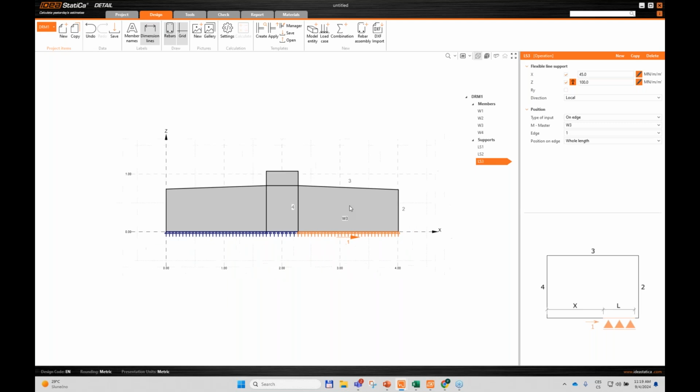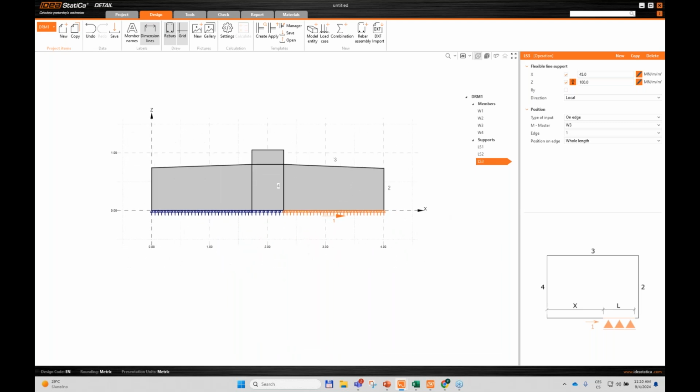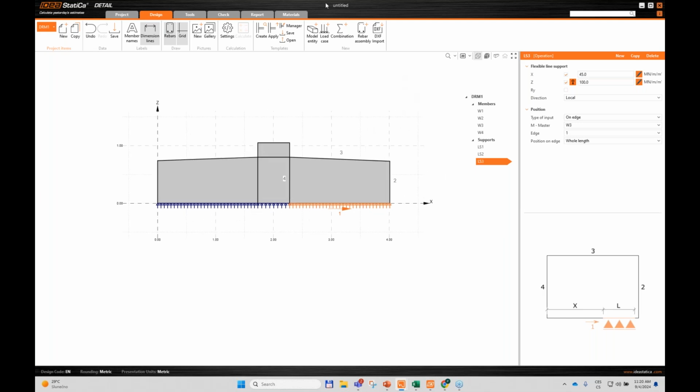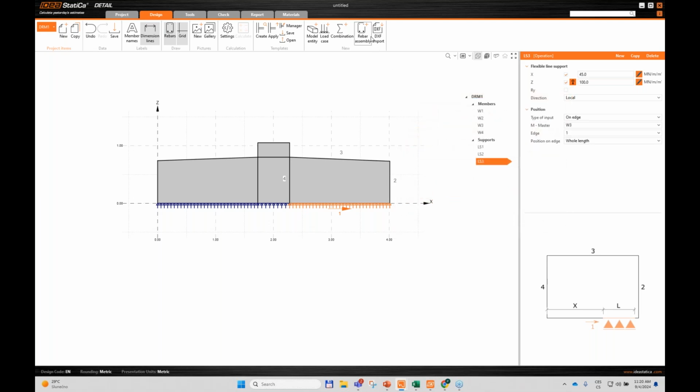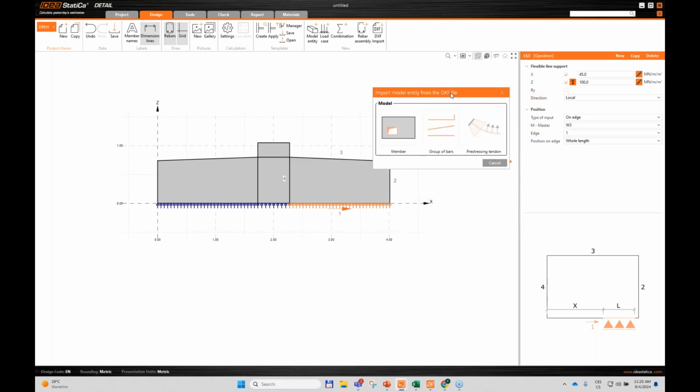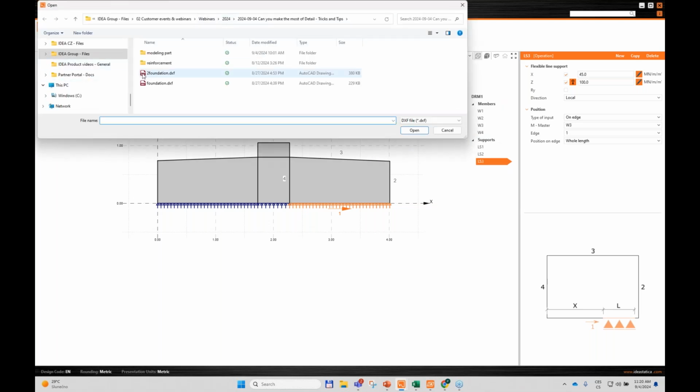All right. So we have the support, and now let's go to probably the most, not annoying part, but it usually takes the most of the time, and it's the reinforcement. We have some options how to input the rebars through the software, but there is also a special feature, and it's the DXF import that you can use. I already prepared the DXF